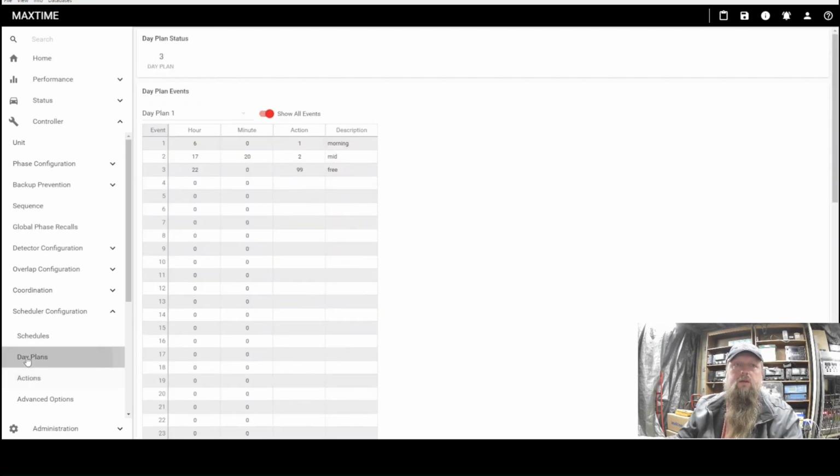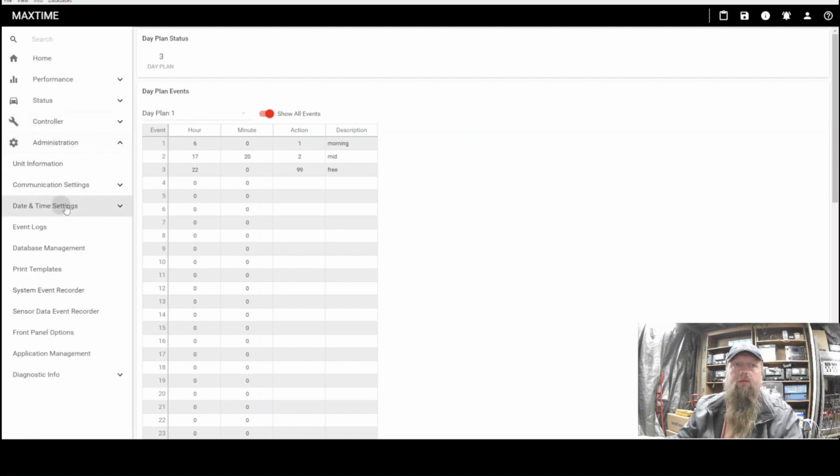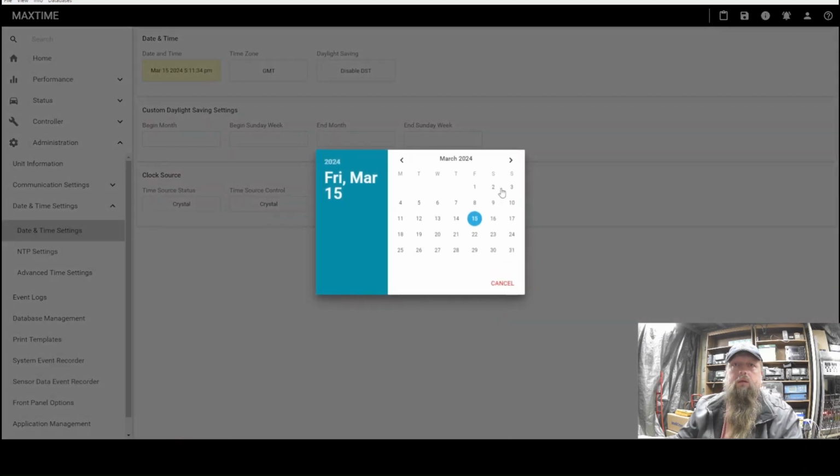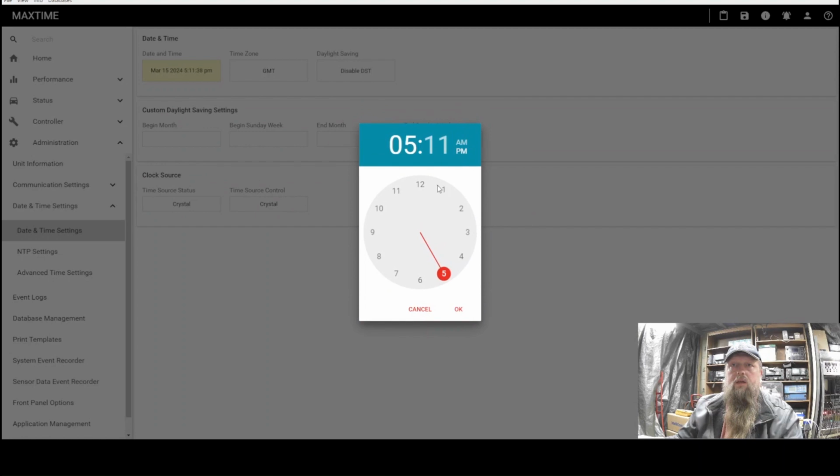So we'll just go back here to day plan. So this one's fine. So we want to see if it changes to day plan 1 here, because right now we're in day plan 3 running free. So I'm going to go in here and let's change our time of day and make this 19. Date and time settings, so we can test that, and that went away because this is an emulator, so it's the correct day, and we're going to just tell it to go to,